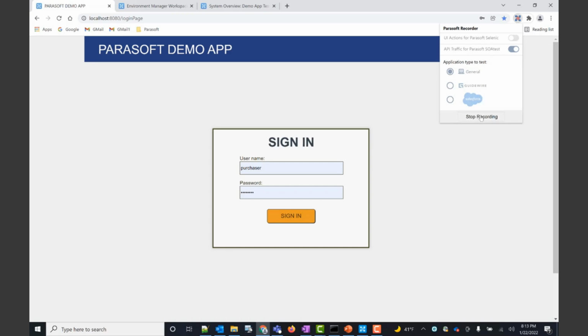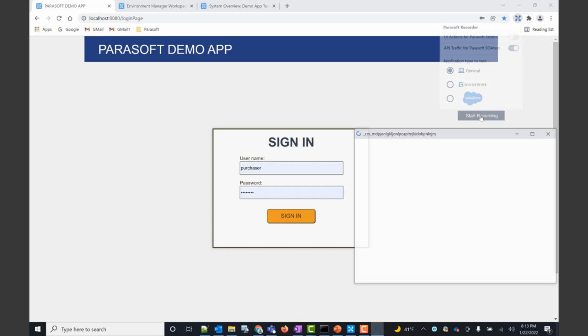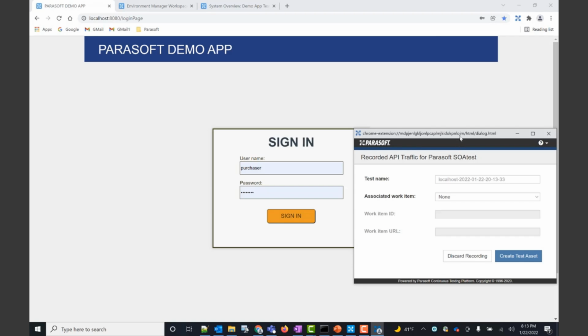And when we click stop recording, it's going to prompt us for what we want to save our recorded API traffic as. And so I'm going to call that Paracamp demo. And I have the ability here to associate a requirement and give it a work item ID that's in our Jira system, and then create that test asset.